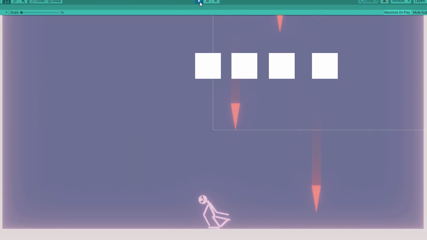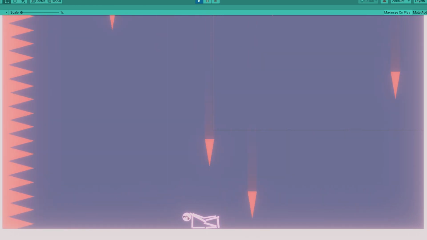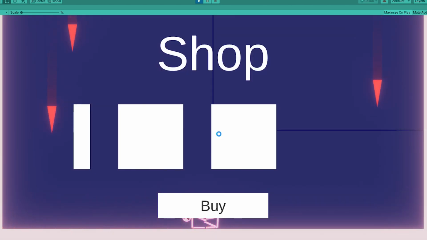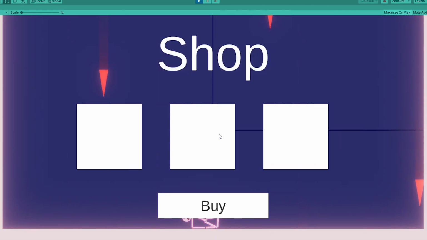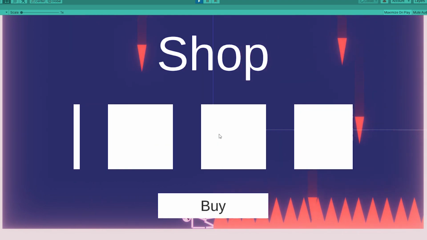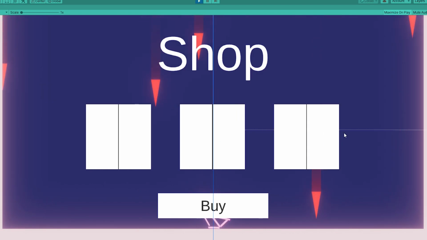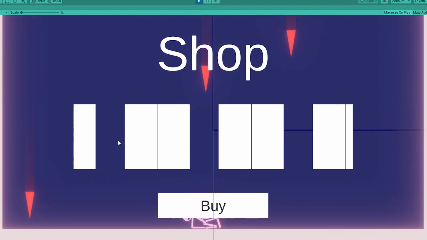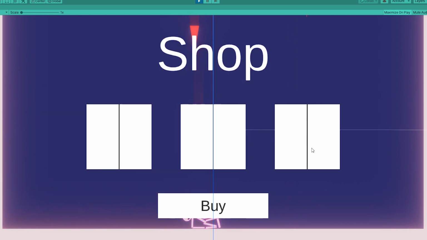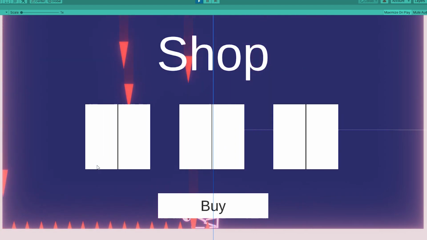The last thing I wanted to make before finishing this video was the shop UI. I started by trying to learn how to use Unity's scroll rect component, but when I made it work I wasn't fully happy because the squares didn't center themselves. I wanted the closest square to slowly shift to the middle. I also had to know which square is currently selected so I know which upgrade the player is trying to